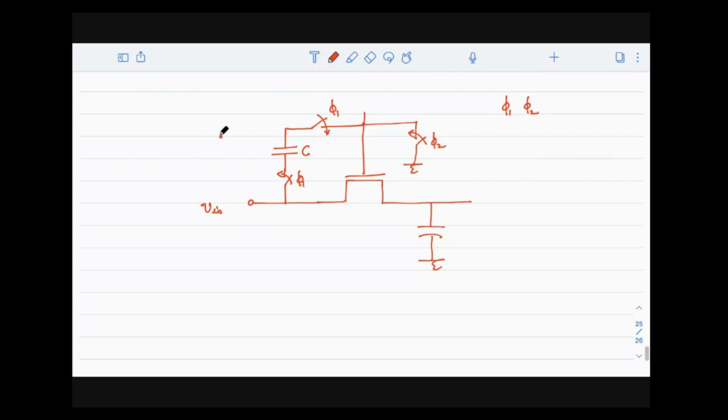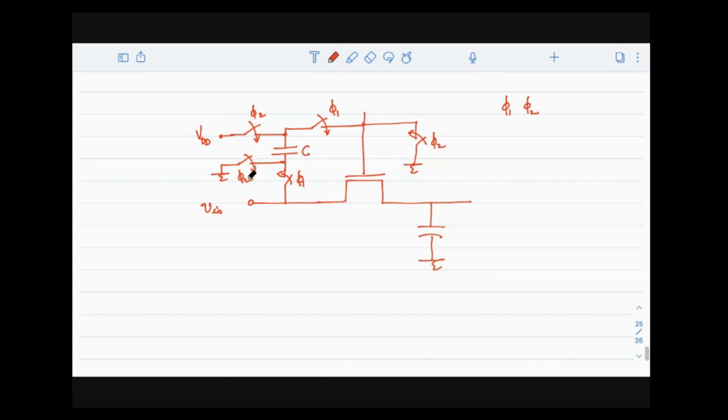To do that, I'll connect this to VDD. Then I'll have one switch here, which I'll connect here. Then I'll have another switch here, which I'll connect here. Anyway, during the hold phase the capacitor is sitting idle, so I'll use that time for charging it. So I'll connect this with phi2, and this also with phi2. Is that okay?